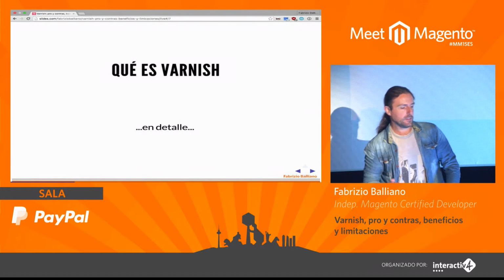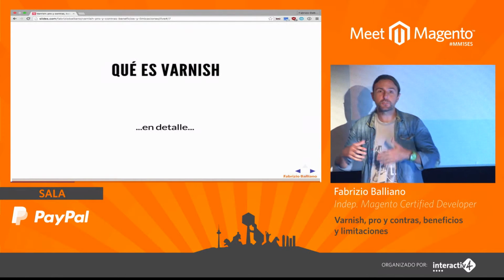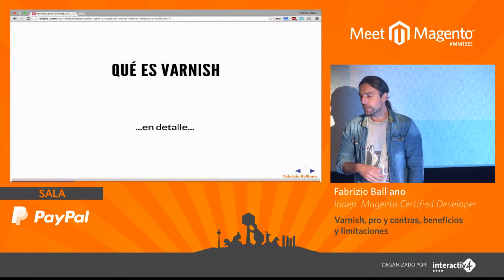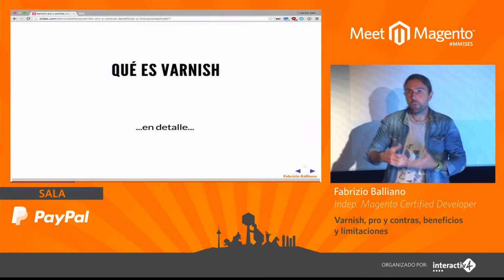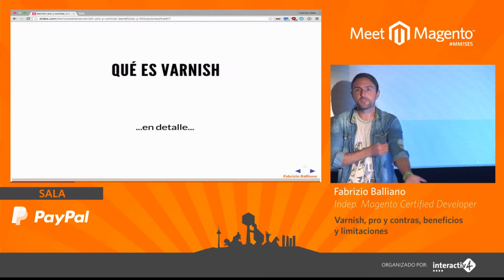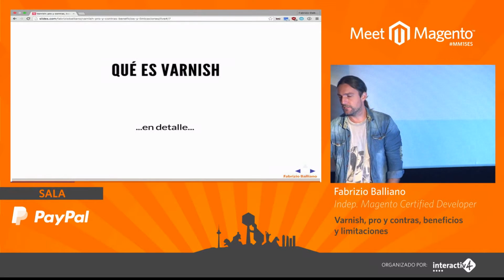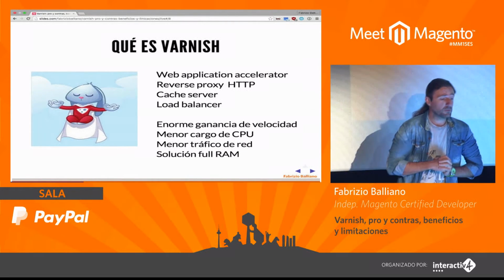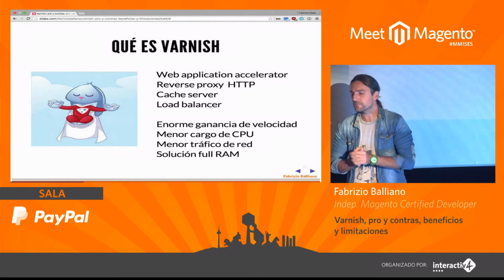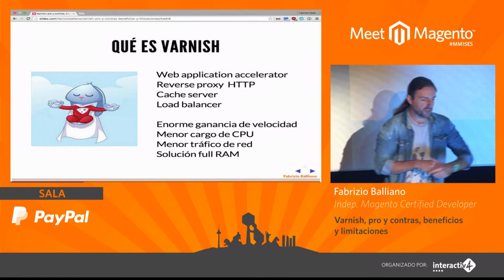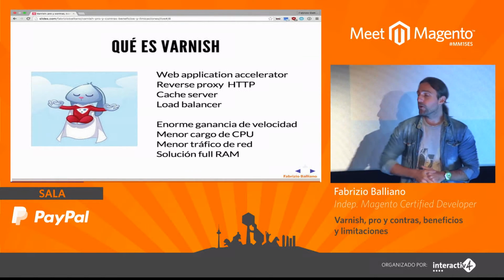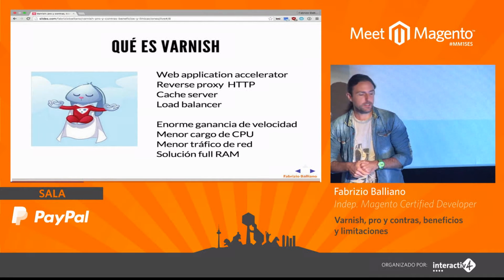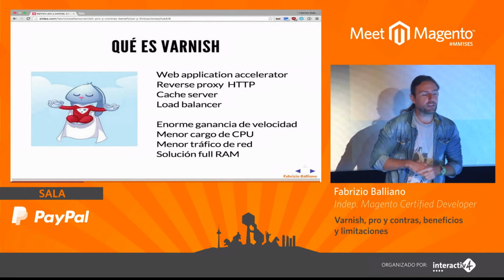But the thing is, when we are going to have a new tool in our infrastructure, we have to know a little bit more of the details of what the tool is and what it does, etc., etc. So let's dive a little bit into the details of what is Varnish. This blue rabbit is just its symbol. But anyway, if we go to the Varnish official website, we're gonna find out Varnish is classified as a web application accelerator,